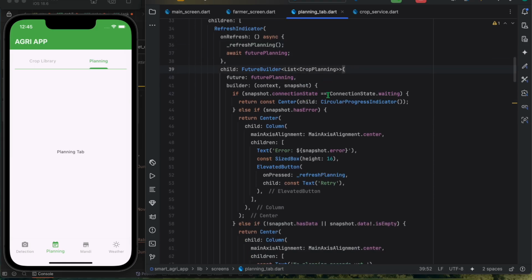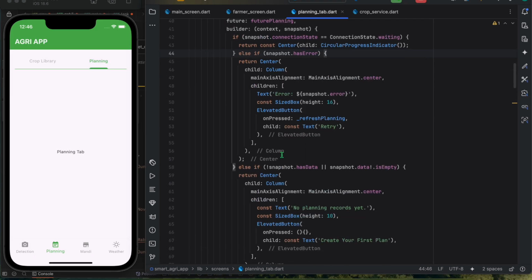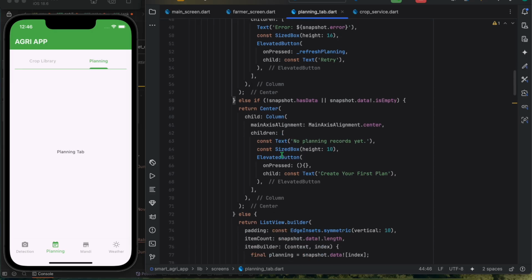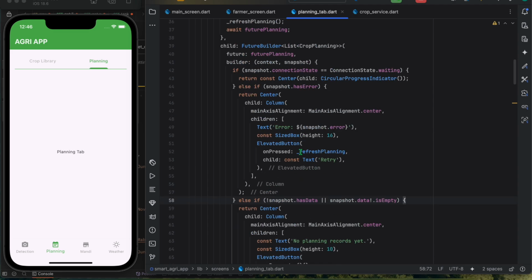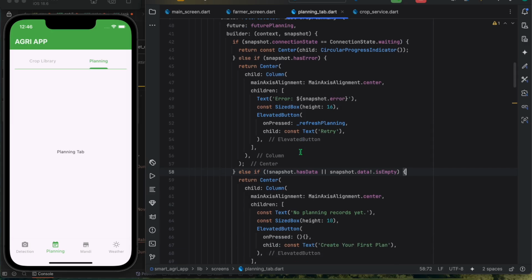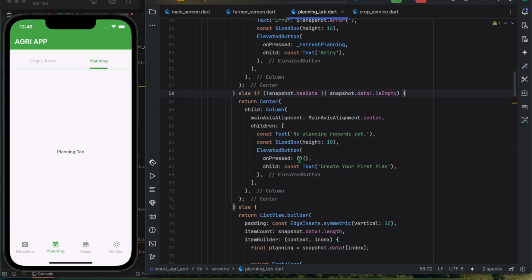So we check the connections. First of all, we check the connection. If it has error, we simply display the error. If it has no data, now in earlier, if it has no data, we are not doing anything, we are simply displaying the text. But in here, whenever it has no data in the planning section, we give one button here also